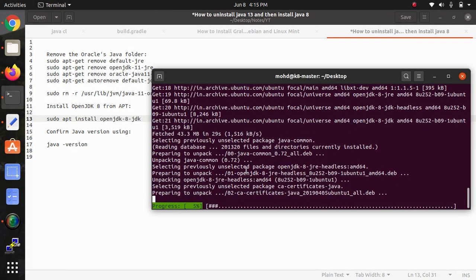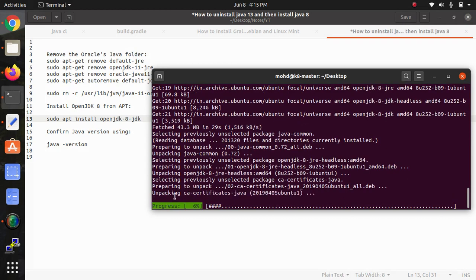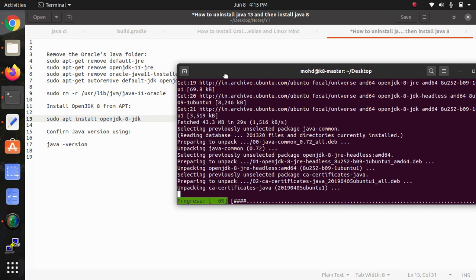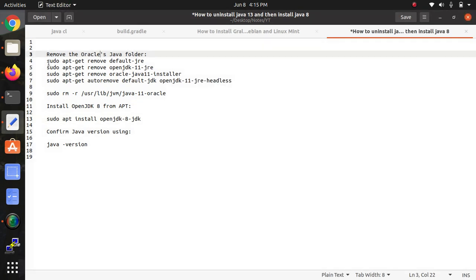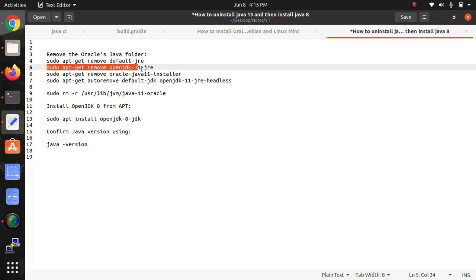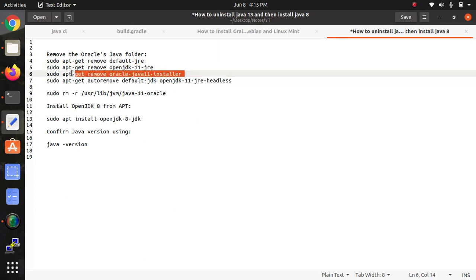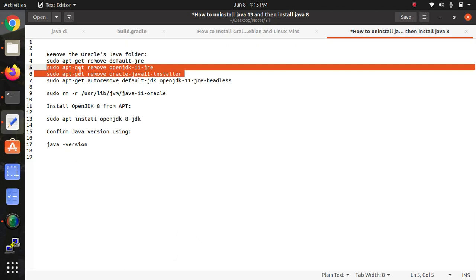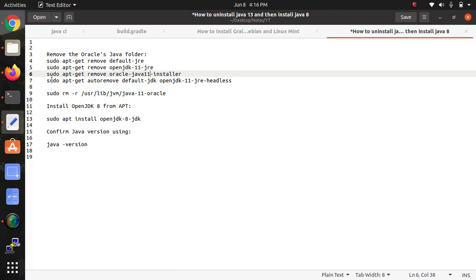Once the installation is completed, it's processing. Here there is also a method for removing Java. To remove Java JDK in your system, you can type this one command, the default one, and it will be removed. For a particular version, you can use this command, just replace the version number and add your version to remove Java. You can use any one of these above commands, replacing the version with the one you have installed.